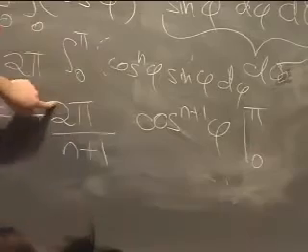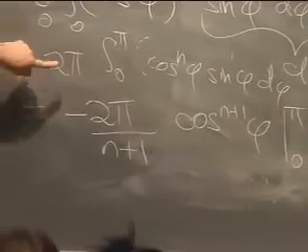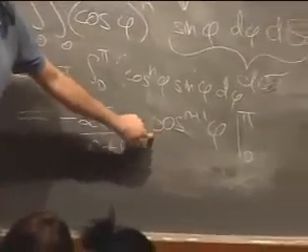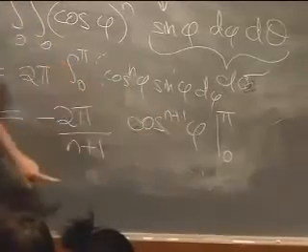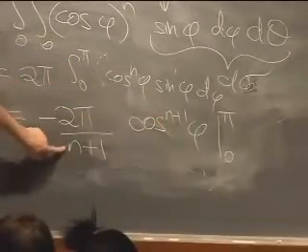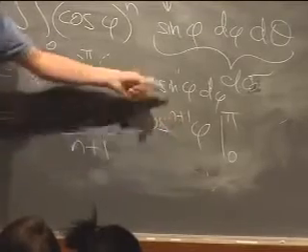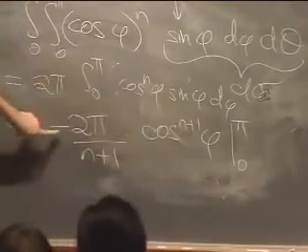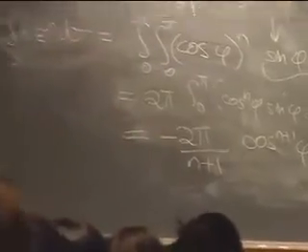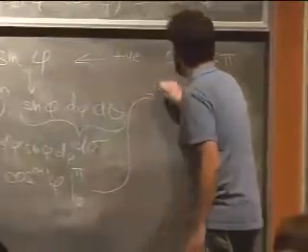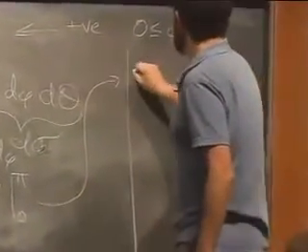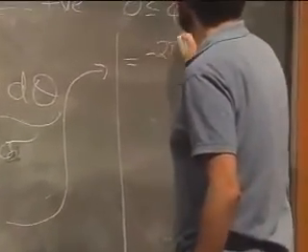Okay, so the 2 pi is just from there. Just do a reality check. When you differentiate cosine to the n plus 1, the n plus 1 comes down and kills that. Then you have a power of n, and you also spit out a minus sine phi, and there's the minus to deal with that. So we just have a little bit more work to do, which I will do over here. This equals minus 2 pi over n plus 1